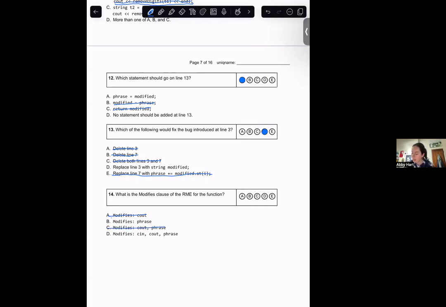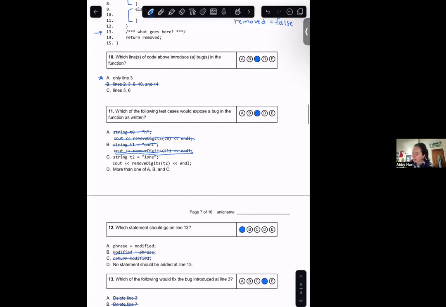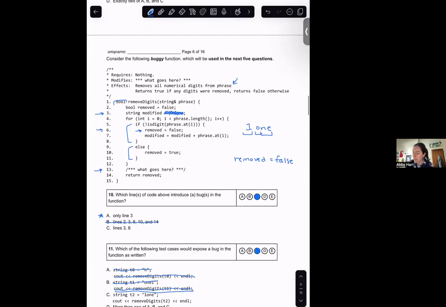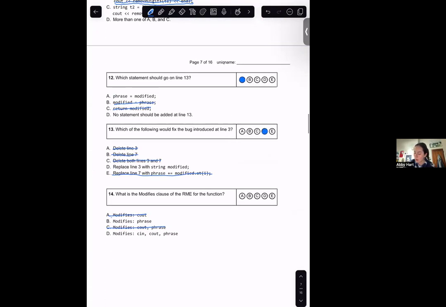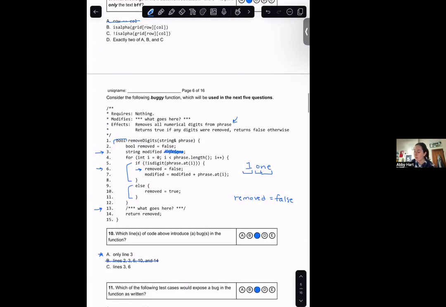And then using that same kind of logic, we can also probably rule out D if we just take a look. We never use cin in this function either, so it's not going to modify cin or cout. So we're left with modifies phrase, which does make sense because phrase is our value passed in our parameter by reference, and we are going to end up modifying it because we end up,